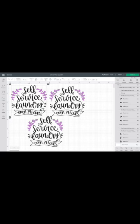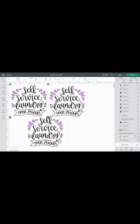And then I'm going to either click attach or weld just to make sure that it stays exactly as I want it to be cut. Okay, so for the first one, I'm going to hide the lavender leaves. Okay, so I'm hiding those. Now I'm going to hide,